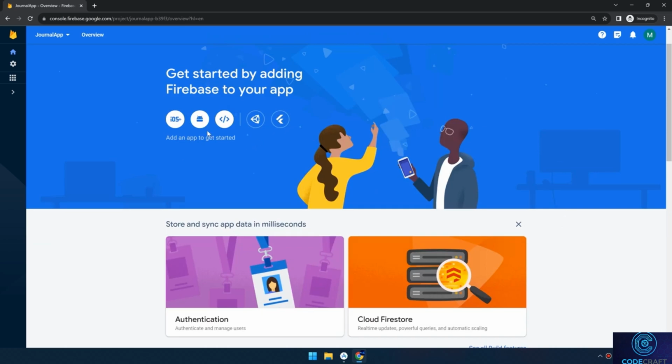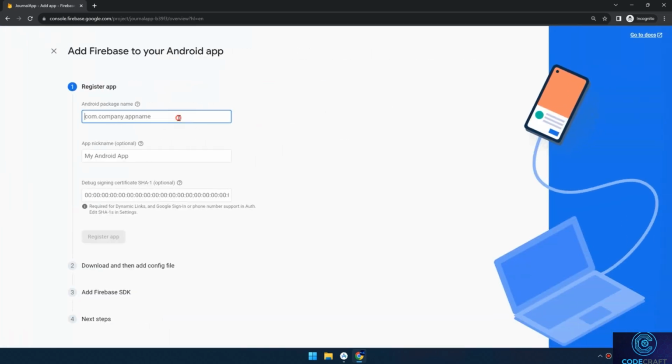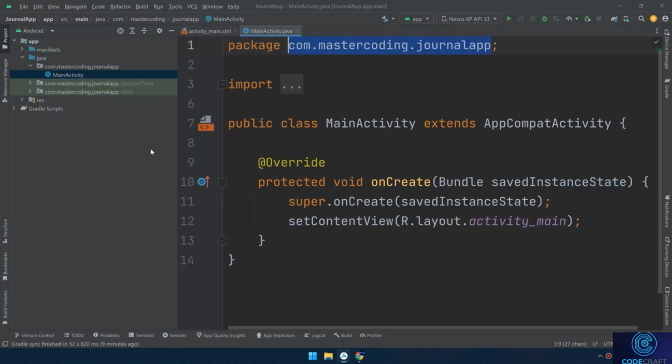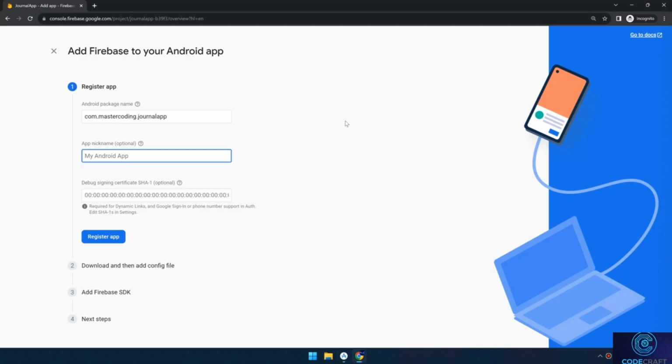Then we need to add Firebase to our application. Select Android. Here I need to paste the package and you can get it from here. And we need to add the app nickname, the Journal App. Then we need to add the debug signing certificate,